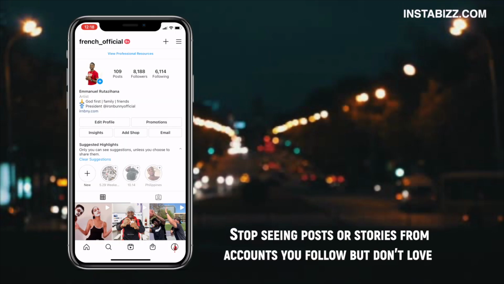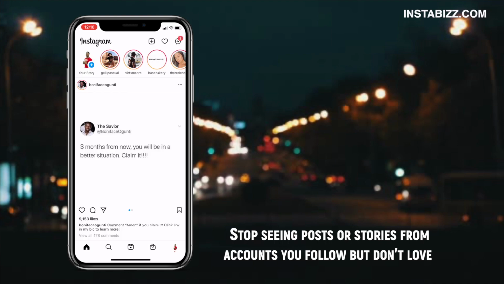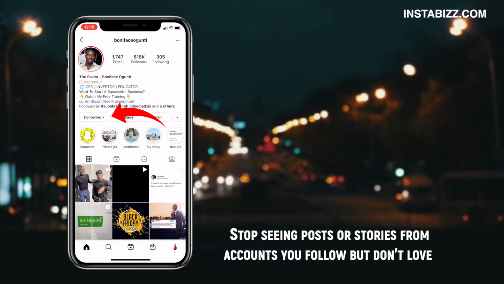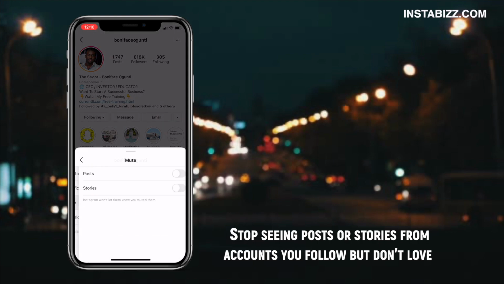First thing I'm gonna show you guys is how to stop seeing posts or stories from accounts you follow but you don't like. Maybe you don't like seeing their stories. I'm gonna show you guys how to block that. Simply go to their profile, tap the following button. Here you can click mute, and it's going to mute the post and their stories so you never see their